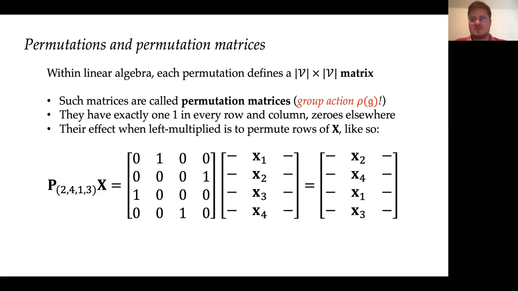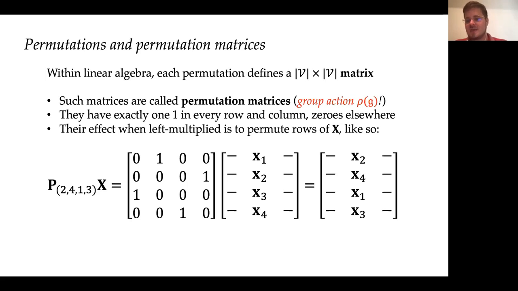And such matrices have zeros almost everywhere. They have exactly one 1 in every row and column. And the exact positions of the ones correspond to the order of the nodes in the permutation. So here you have an example of a permutation matrix for the permutation 2, 4, 1, 3. And here you have exactly in the second, fourth, first, and third column, as you go down the rows, there